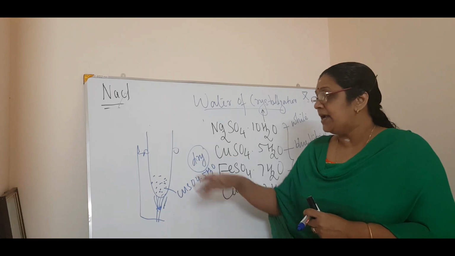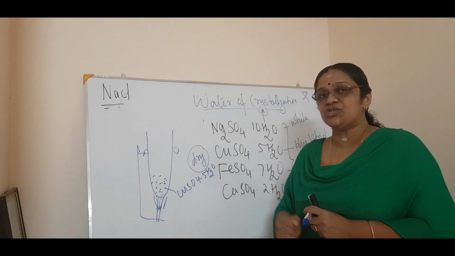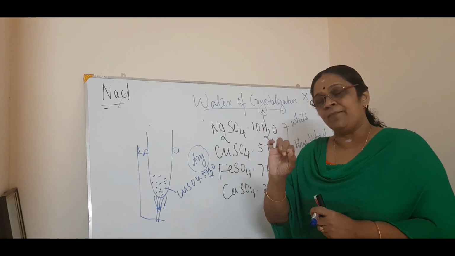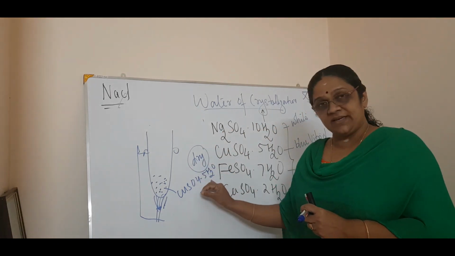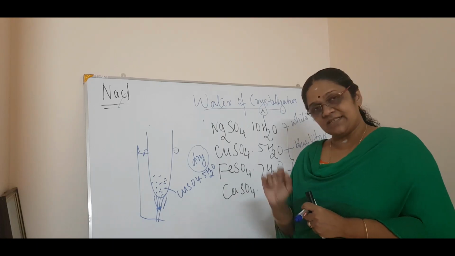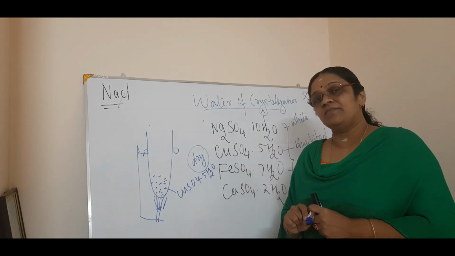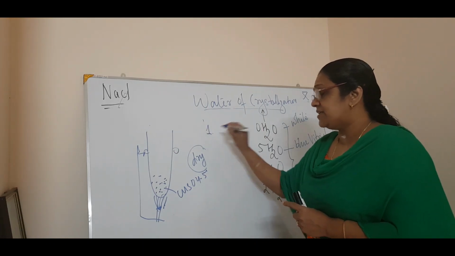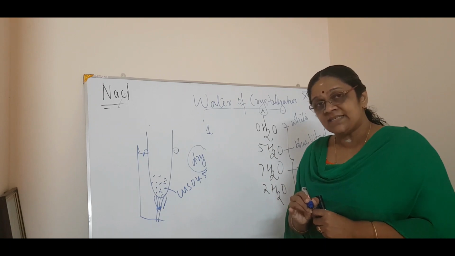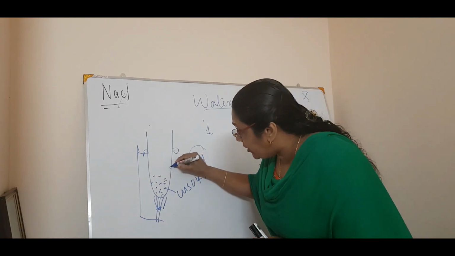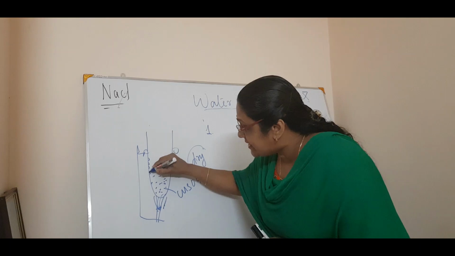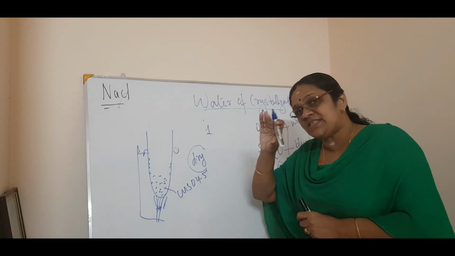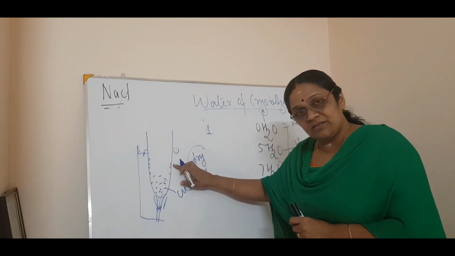Now what is the experimental part? Take a dry boiling tube, put 2 spoons or spatulas. In chemistry we say spatula. Okay. 2 spoons of copper sulfate crystals into it and heat it. Now what is the observation? There are 2 observations in this. The first observation is after a few seconds or few minutes you will see small droplets of water in the sides of this test tube. See, small droplets, the water vapor will come and stick on the test tube.